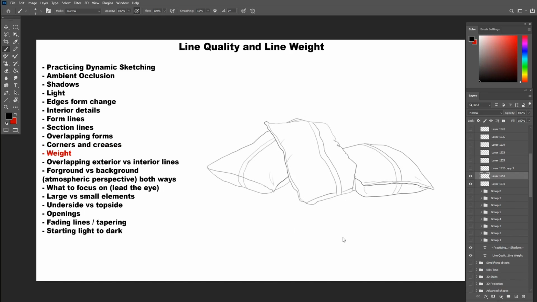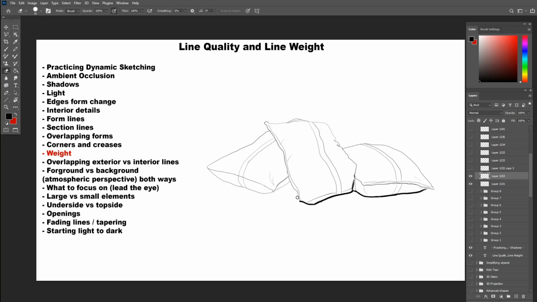The 10th factor is weight. What we mean by weight here is the actual weight of an object. So for example, these pillows will have a weight on them on the bottom, because gravity is pulling them down. The weight is the same on all of the pillows, but where they sit on the ground, the weight will be the biggest. Artistic wise, not physics-wise. When we add thicker lines at the bottom, it will make it look like these pillows are not floating. They are on the ground due to their weight.